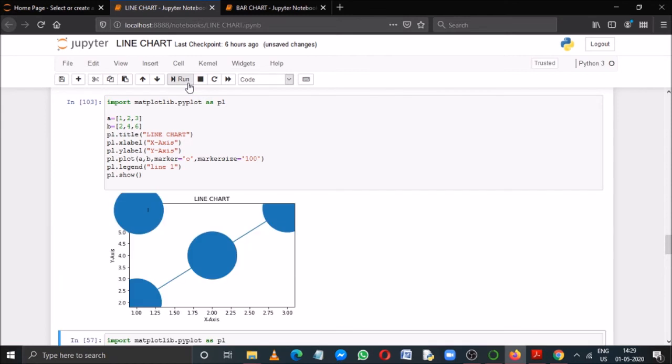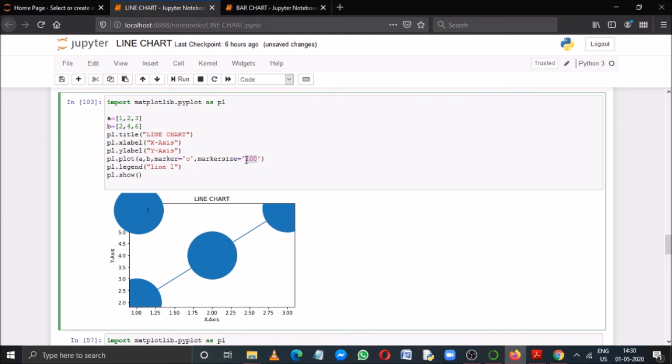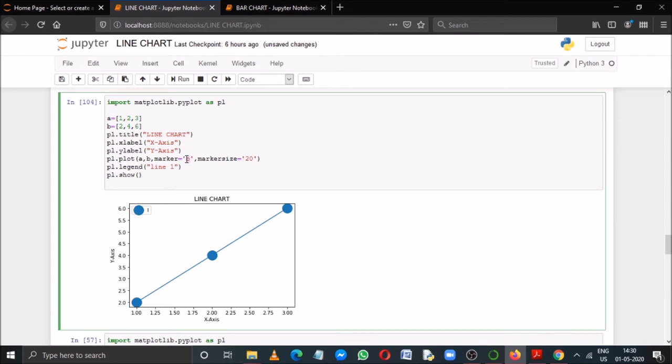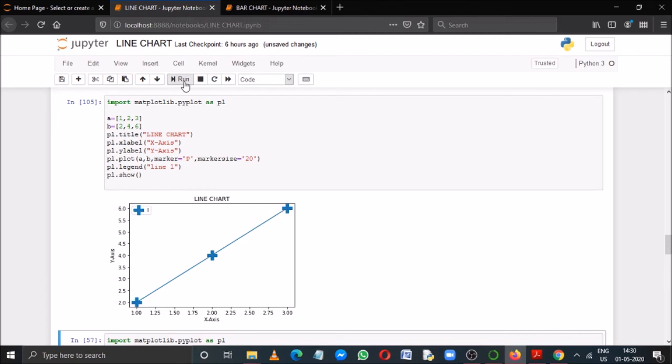Now if I run it, see, these are more increased, and this is actually not fitting within this much frame. Now I'll decrease its size, so I'll set it to 20. Now see, this marker size is 20. Now not only with this marker, if you want any other marker, suppose if I use here capital P, then see the plus signs will appear with an increased size.